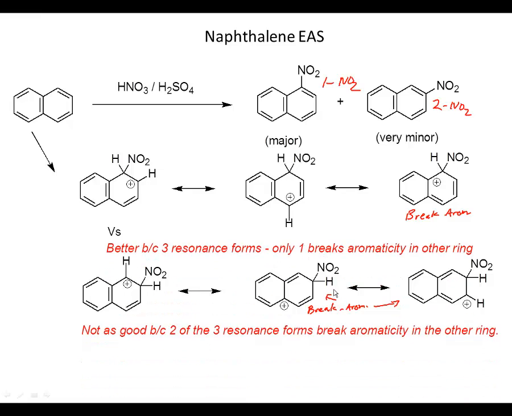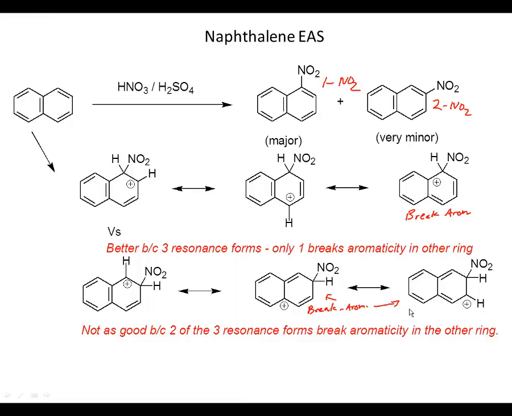So the top one's better because of the 3 resonance forms. Only one messes up the aromaticity in the other ring, but when you attack the 2 position, 2 out of the 3 resonance forms are not really all that great because they've broken the aromaticity in the